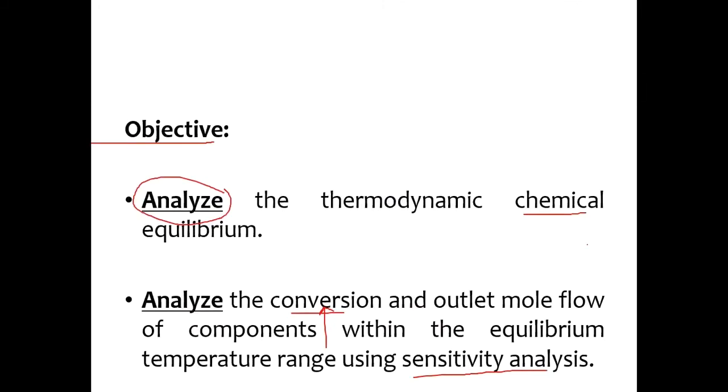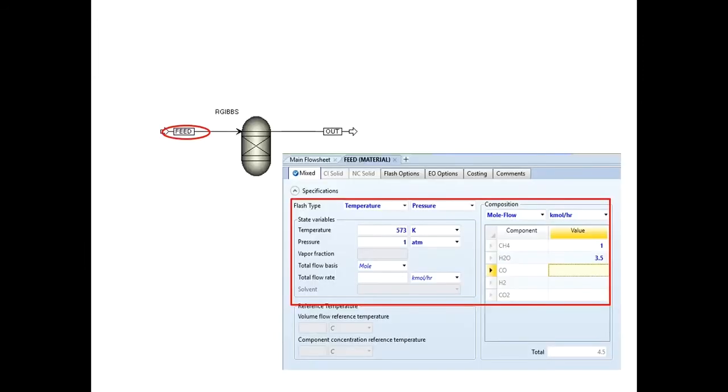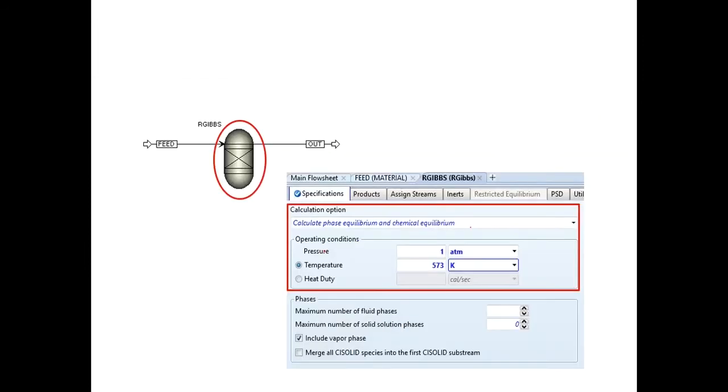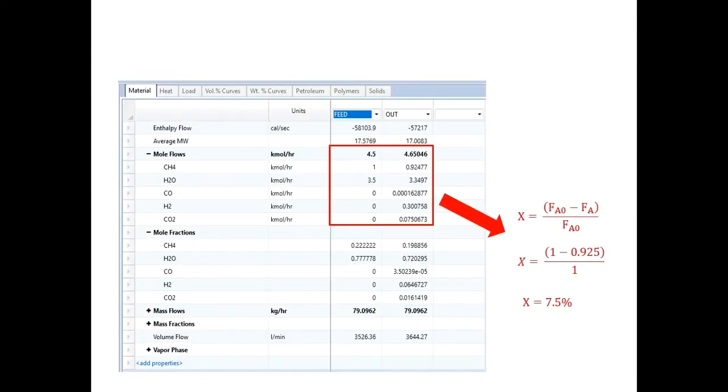That is what I was talking about, that thermodynamic chemical equilibrium. So this is done by selecting this option and giving pressure temperature range, and then you get the final result of first part. And if you want to analyze the conversion, obviously it is Fa0 minus Fa over Fa0, and obviously it will be considered of methane because you are doing steam reforming of methane.